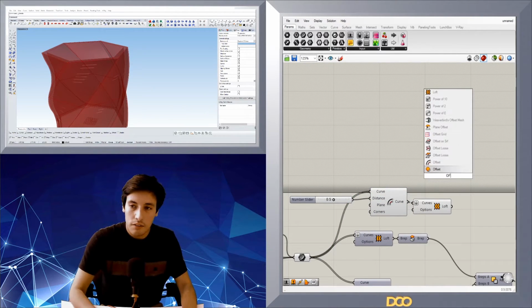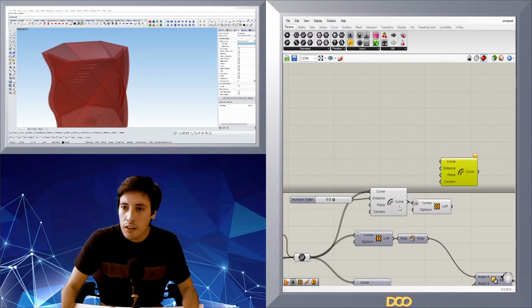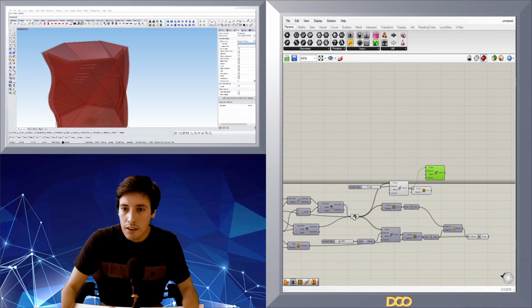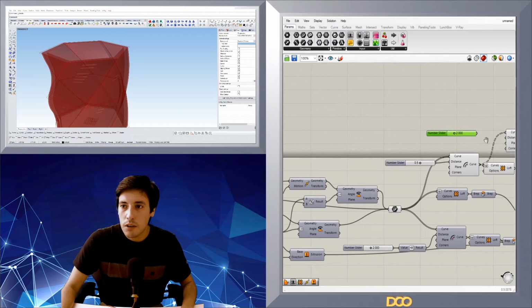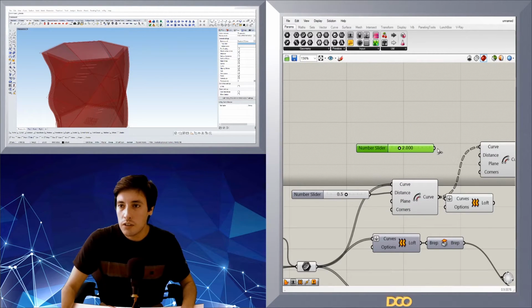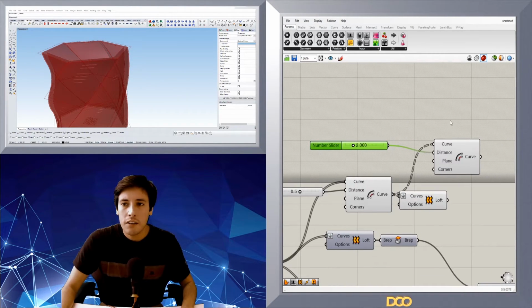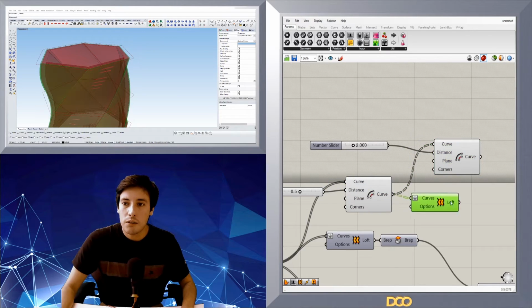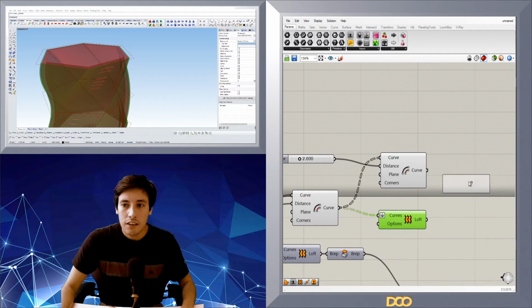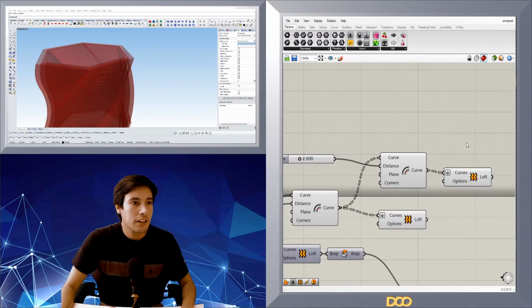So let's go ahead and offset this curve, and we're going to go once again here to 2 millimeters, but it's going to be to the outside, so we don't need to go negative right here. So we have the curves that we offset, and then we have the other ones. Now let's go ahead and copy that over and loft it again, and there we have